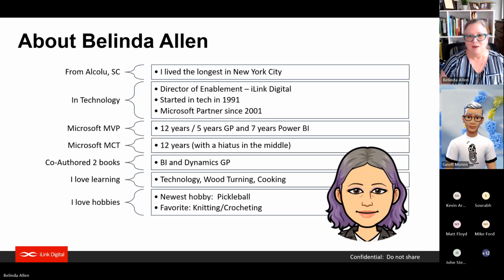And one of the things I will point out that makes me qualified to talk about this is I am a Microsoft MVP. I've been one for 12 years now. Fingers crossed, July will make 13. And I'm also a Microsoft certified trainer. So as soon as the new course comes out for the DP 600, basically it's advanced Power BI, which includes Fabric, I'll be teaching that as well. So that's a little bit about me. If you want to know more about me, you can check it out.